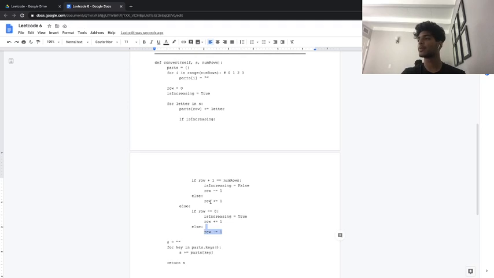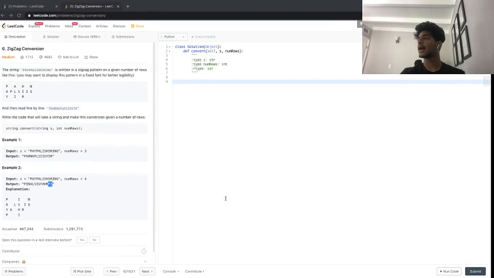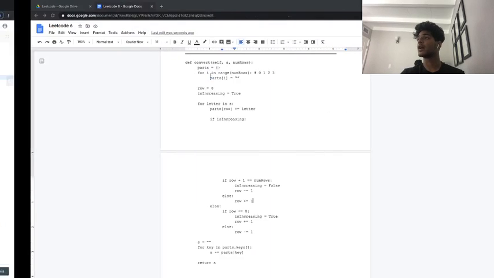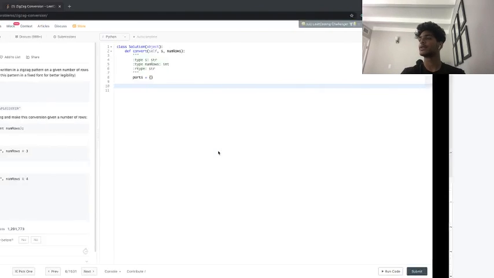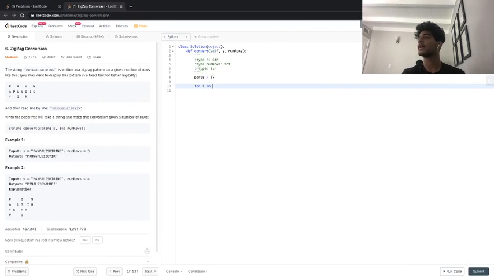I guess the most confusing part is this, but hopefully that was a little intuitive. And we're just kind of checking for some edge cases. And now what I'm going to do, I'm going to code this up in our Leetcode editor over here. So for i in range num rows,